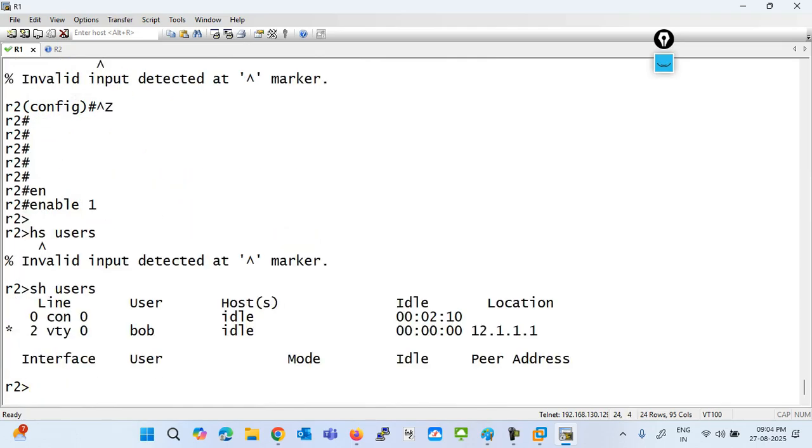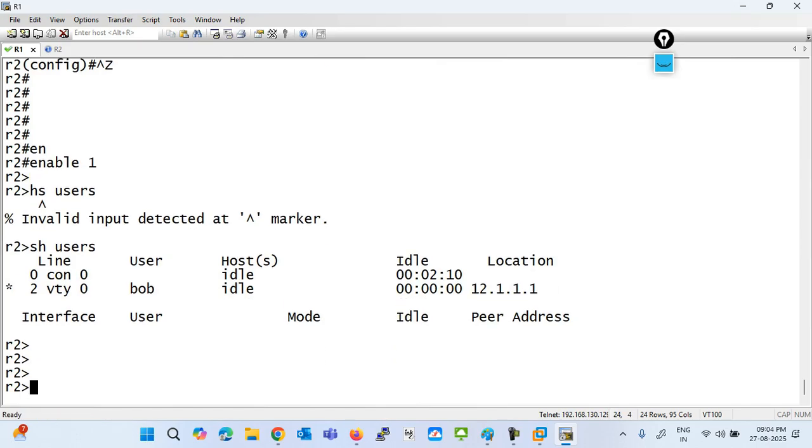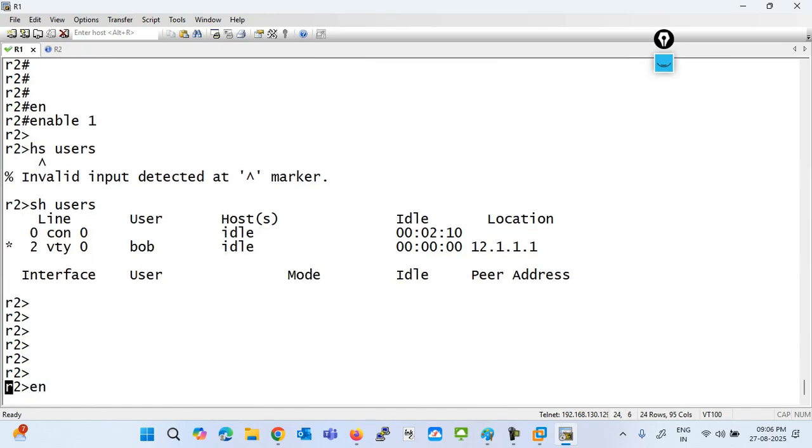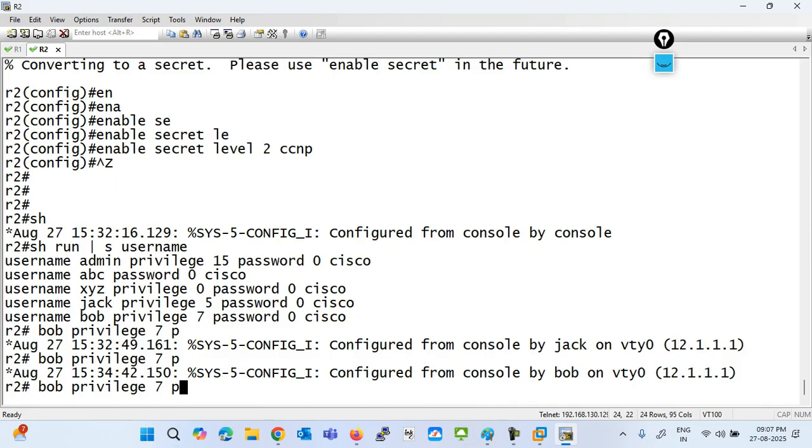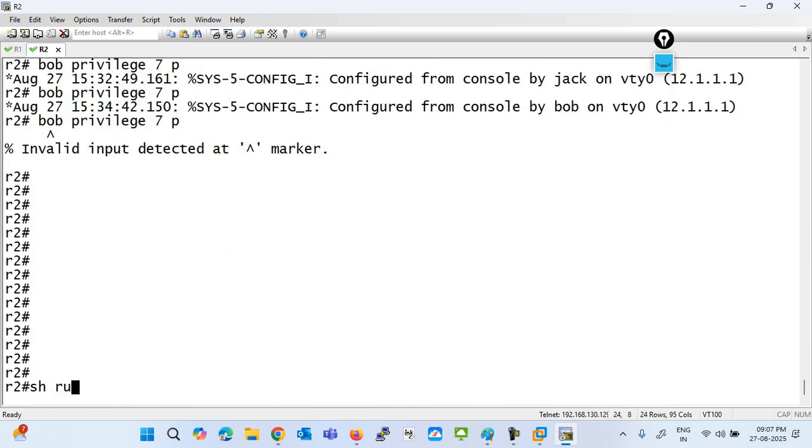Show user. So Bob is also now in enable mode, right? And there is one thing. Okay, now the password is not set for level 7 this time. When you move from a higher to a lower level, there is no problem, it will not ask you for any password. But if you forget to configure the enable password for level 7 on your R2, because R2 has enable secret password for level 2, level 1, not for level 7. Show run pipe section,